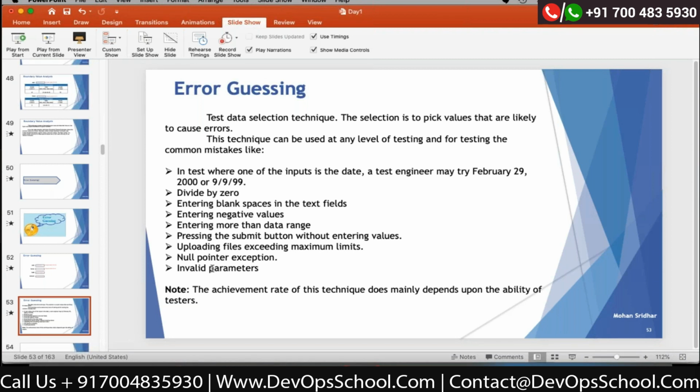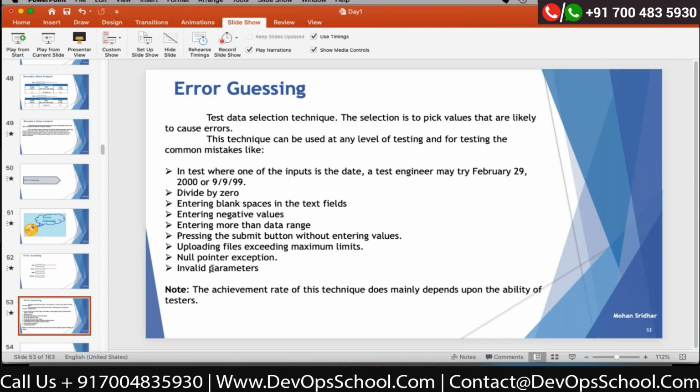Null pointer exception. If you are passing a null, are you getting any exceptions? Sometimes application throws some exceptions, a null pointer exception or index out of bound exception. So they are not catching properly. So it will show exactly developer errors, but it has to show some valid data, user understandable. The error message should be user understandable.